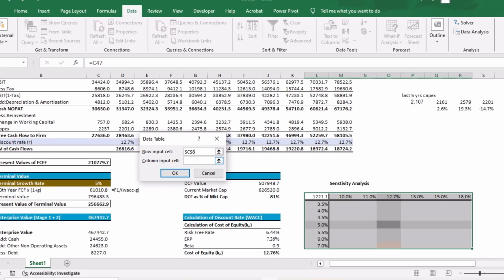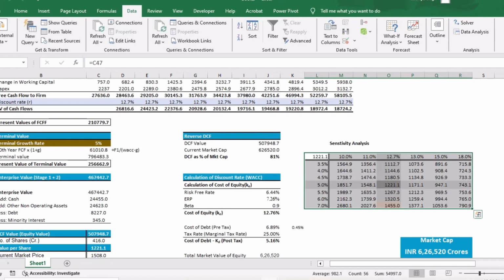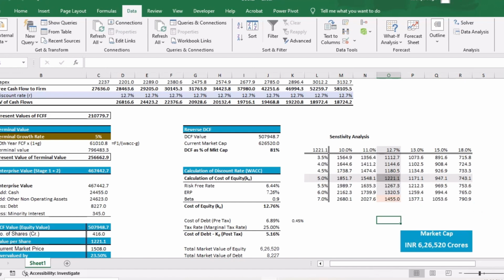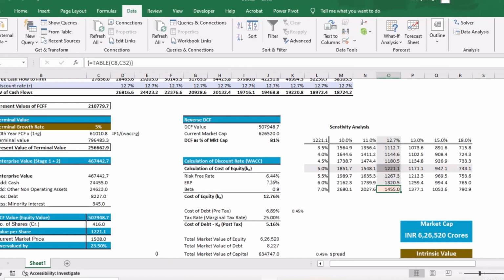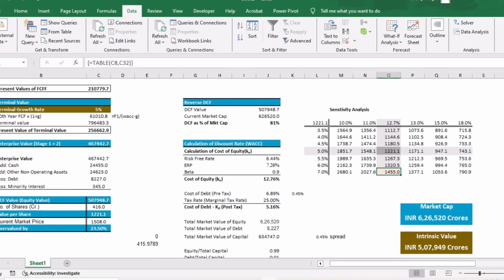Next is column input cell. Column input cell is this terminal growth rate. Good. You have the figures. Okay. So if you see, this is the exact figure, our actual present value that we have arrived at. Okay. So for this, I want it to be equal to our current market price. So to understand what should be the terminal growth rate to make it equal to the current market price, I will increase it to 7.5,